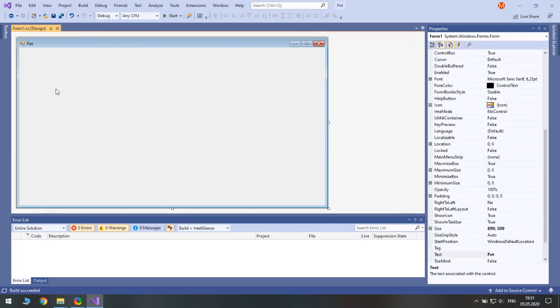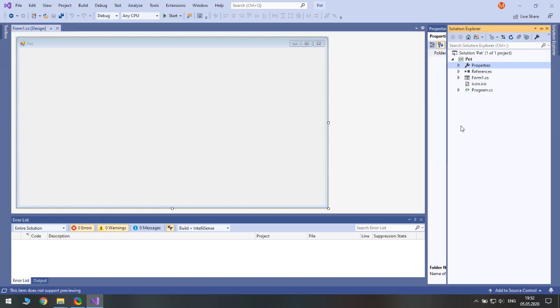Okay, and next, we are going to have different pets and different ages, and I think the user will be able to unlock them by winning more games. So we need a counter that would save the number of wins. Well, we could save it in the file, but for this one line, I think it's not worth creating a file.